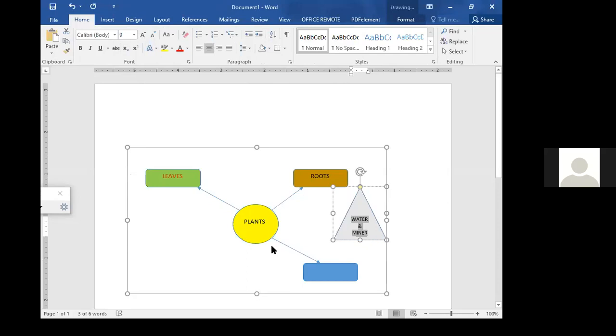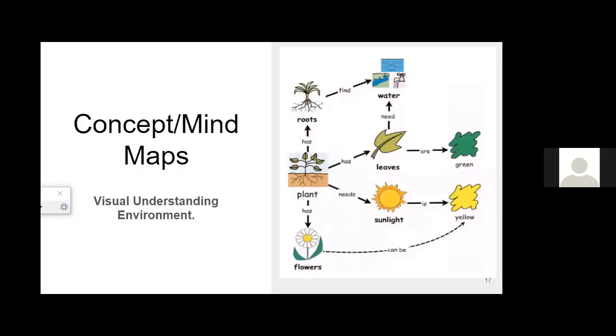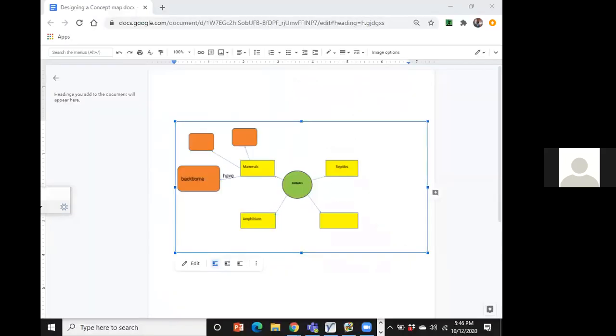So you see, when the learners can be able to visualize knowledge like this, it becomes very interesting for them. It enhances their retention span, and therefore remembering it becomes very easy for you as an educator. So concept maps are very good ways of teaching your lesson in classroom.